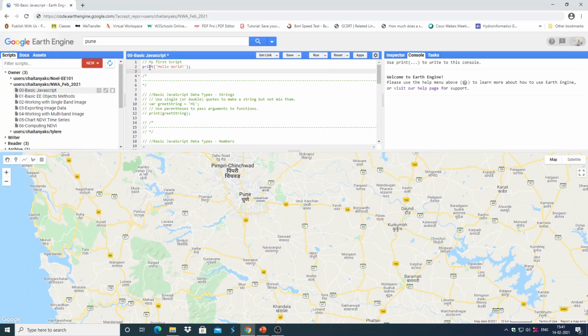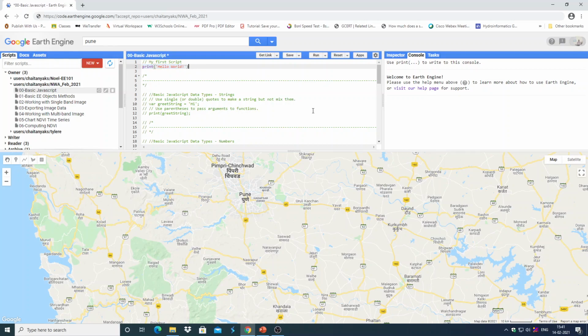So this print is again a function or method. You can print any string, or print any variable after declaration, using the print statement. And again, this is a JavaScript statement, it ends with a semicolon.